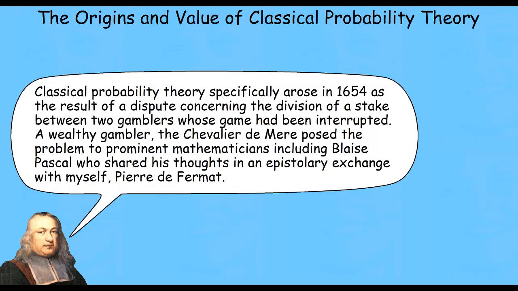Classical probability theory specifically arose in 1654, and it arose as the result of a dispute concerning the division of a stake between two gamblers whose game had been interrupted. A wealthy gambler, the Chevalier de Mere, posed the problem to prominent mathematicians, including a guy named Blaise Pascal, and Blaise Pascal then shared his thoughts in